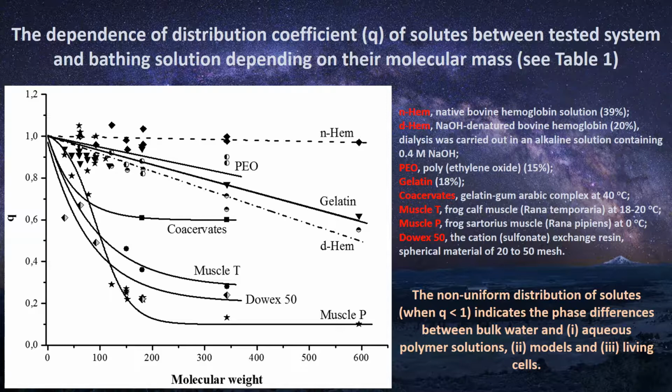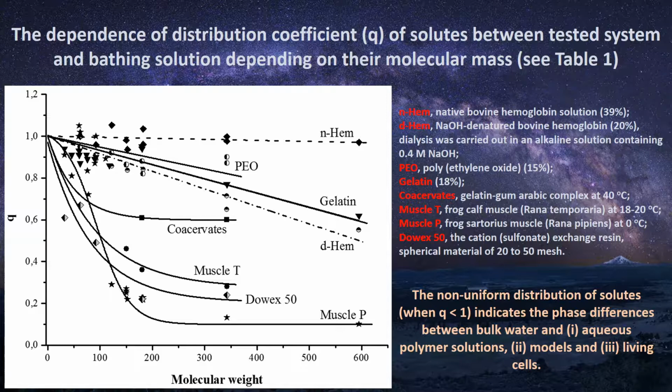The second subject is the fundamental physical properties of the living cell, and how to explain them. On this slide, we see a clear example of the manifestation of the first of these properties, semi-permeability. Let's look at the frog muscles. We see that the higher the molecular weight of a solute, the worse it gets into the living muscle cells. Habitually, we attribute this property of semi-permeability to special devices of the plasma membrane, to pores of a different size